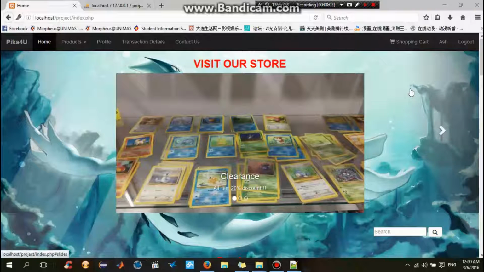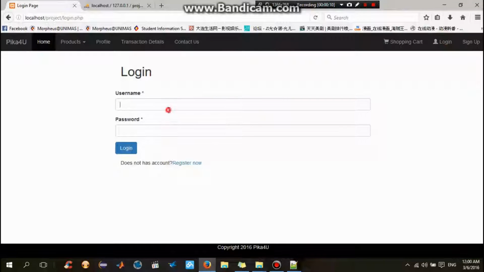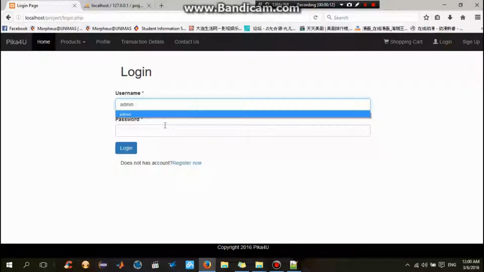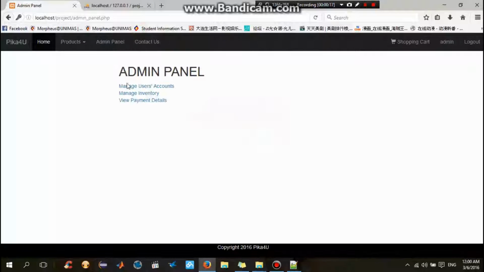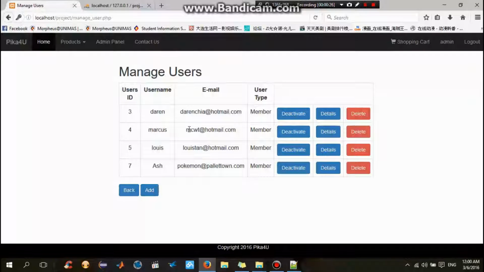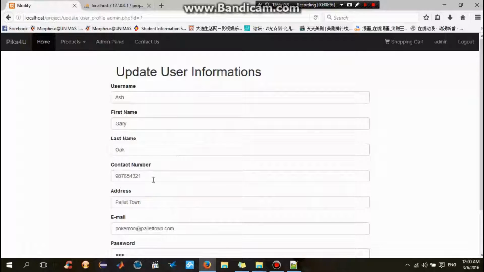Okay, now let's continue on to the administration. Let's log out from Ash's account first and log into the admin's account. So basically what the admin does is he can manage the user's accounts, manage the inventory, and also view payment details. Now let's go ahead to manage user's accounts first. The admin can change the details of one of the users. Let's go ahead and update Ash's profile first,